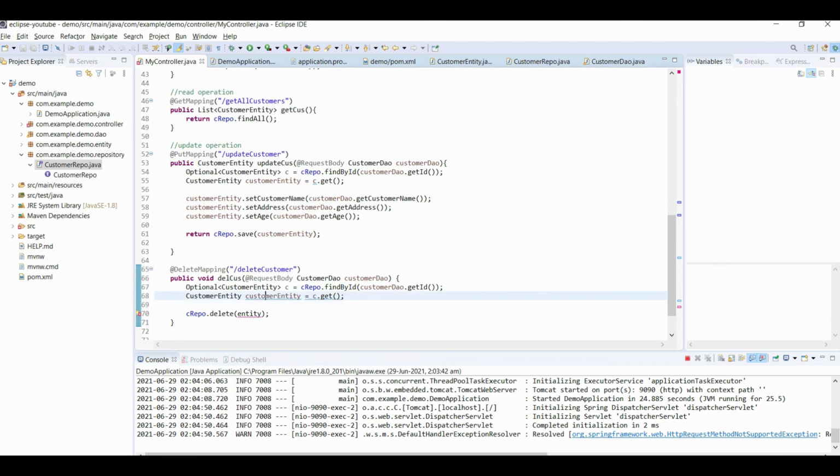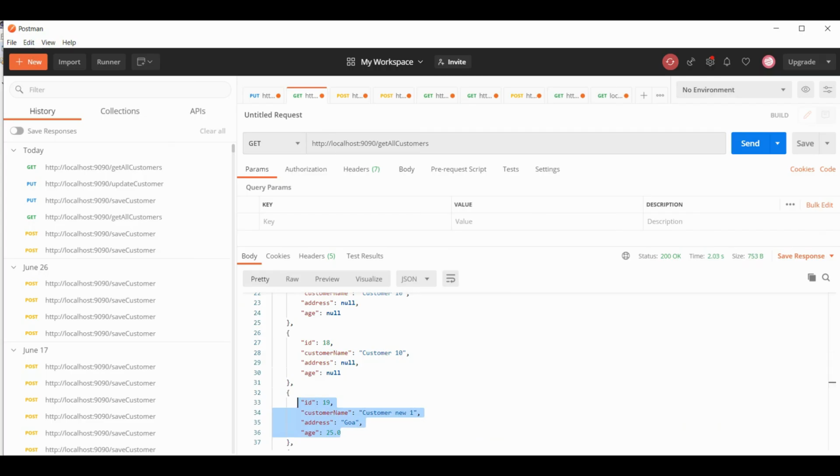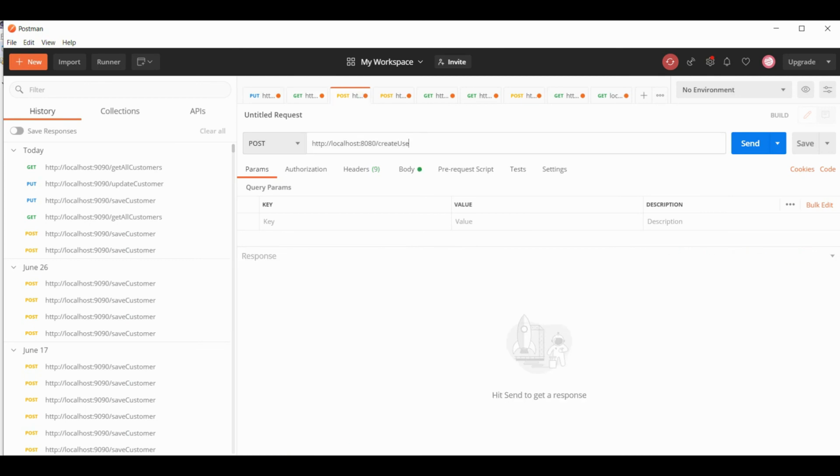Which customer are we deleting? Let us delete the customer with ID 19. Let us copy this API and now let me call the API here.